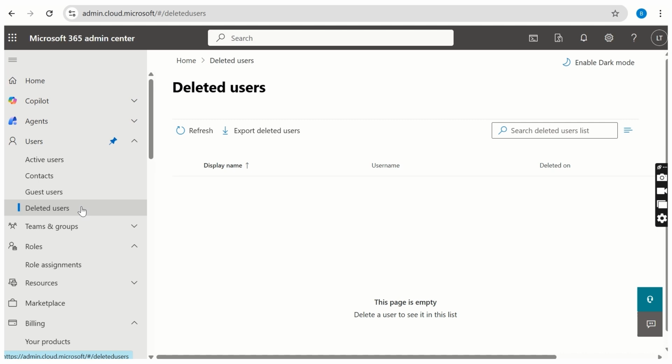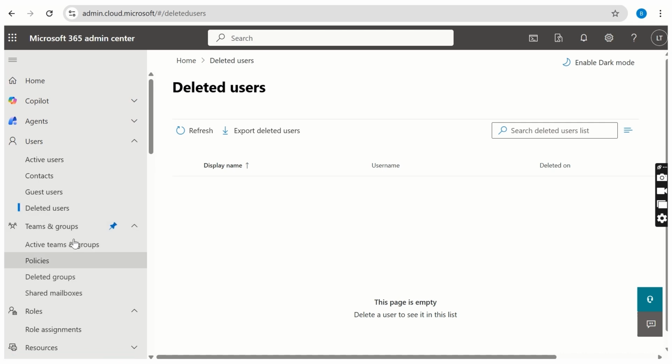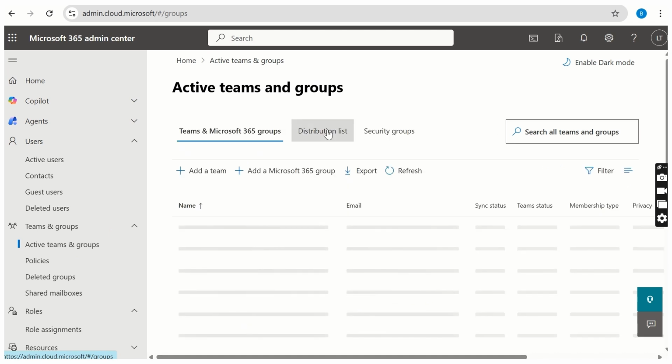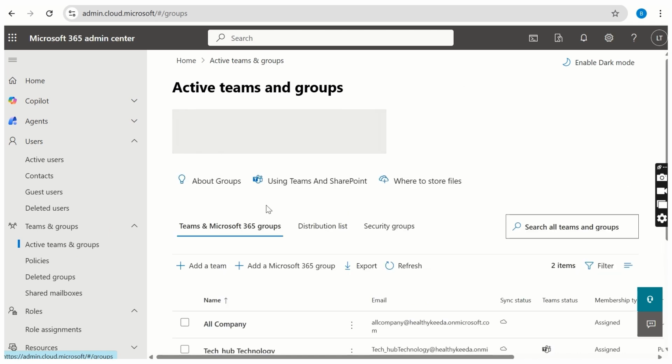So the mailbox will be created. You have to create a mailbox fresh after 30 days. Other sections are teams and groups: there are active teams and groups, policies, deleted groups, and shared mailbox. Under active teams and groups, these are nothing but the O365 groups, where